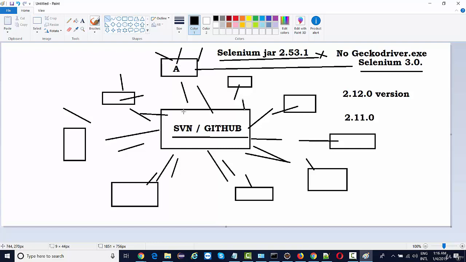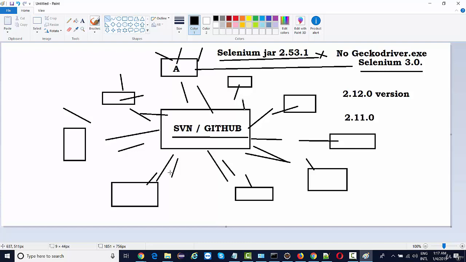Now, at the time of checking in the code, there is a section where we need to mention some coding comments. It's a standard way, it's also best practice. Whenever you are checking in some code, you mention a comment about what you are going to add to the repository, or what code changes you have done. Now, while checking in the code as tester A, I have mentioned that I have updated the library with Selenium 3.0.